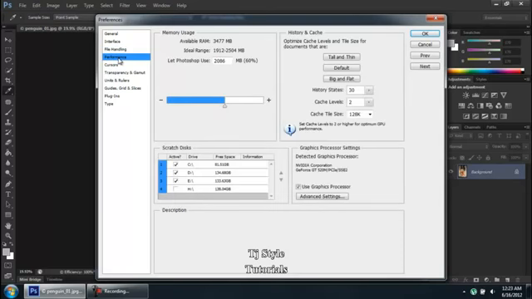Next we'll go to the performance tab. All right, now guys, I have reduced this RAM usage to 60%. All right, but that's not true. I actually believe in keeping it to somewhere around 80%. Now remember guys, I have changed it to 80% because my computer right now has somewhere around 4 gigabytes of RAM. Okay, and I do quite some work on Adobe Photoshop. All right, so I would want my Photoshop to run smoothly. So therefore I'm increasing this, let Photoshop use my 2807 MB, that is 80% of